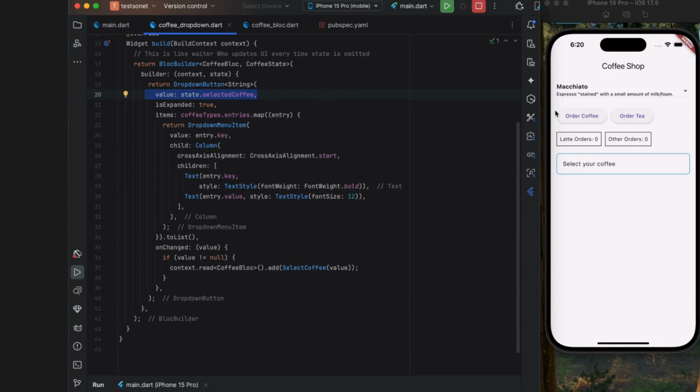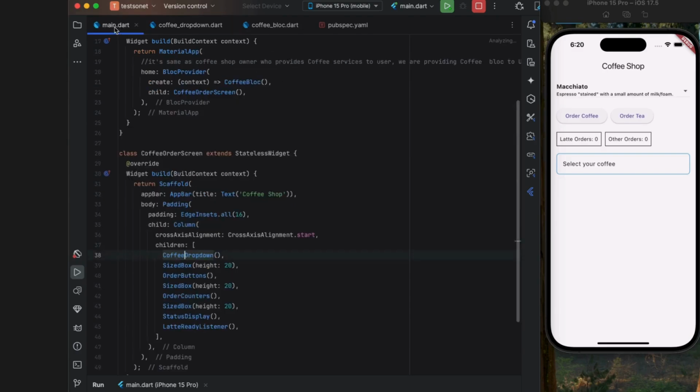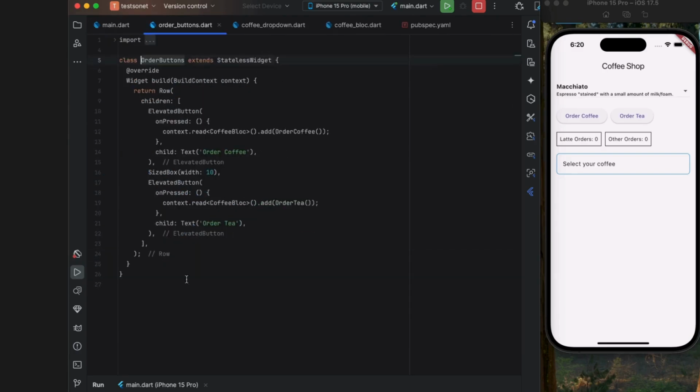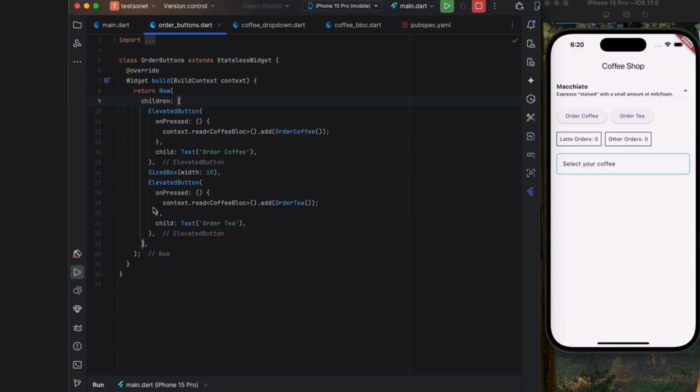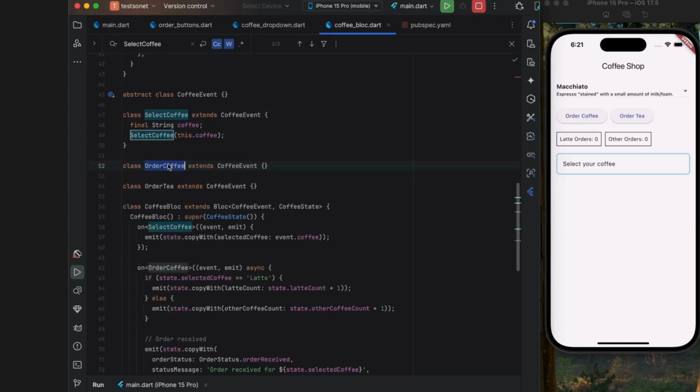Now I'll need to order a coffee. So where is order coffee written? Go to the main dot. If you see order buttons here, this is the elevated button, and what it does, it only makes a request to the block. That means we call an event. If you see context I use, and I'm reading block and I'm adding order coffee event. So if I go to the order coffee event now, order coffee event,